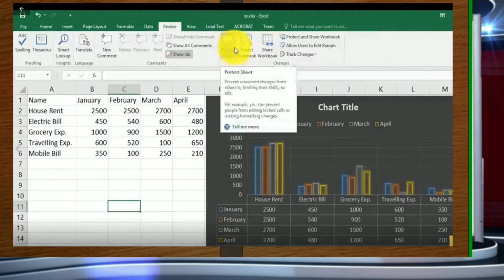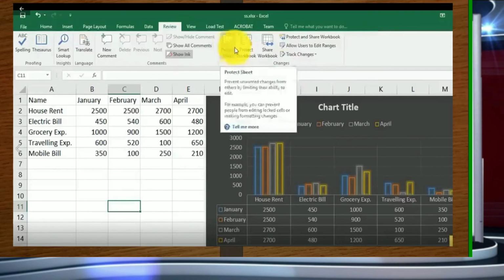He can do that. For that he has to use this option, Share Workbook. So where is it? This is in Review. In Review we have a few options: Protect, you can protect your Excel sheet, you can protect your workbook, and you can share your workbook. These three things. Right now we have to go for sharing your workbook.